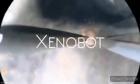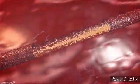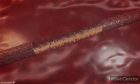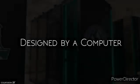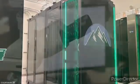The resulting assembly of living cells has been dubbed a xenobot, and they're tiny, at just 0.04 inches or 1 millimeter wide. These robots can move independently and collectively and survive for weeks at a time. They could potentially be used to transport medicines inside a patient's body, as well as other uses, and don't worry, we'll get to all of this later on in the episode. But the thing about this that amazed me the most was how it was all designed. The new creatures were designed by a supercomputer at the University of Vermont and then assembled and tested by biologists